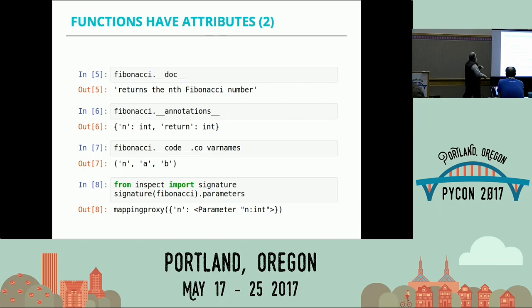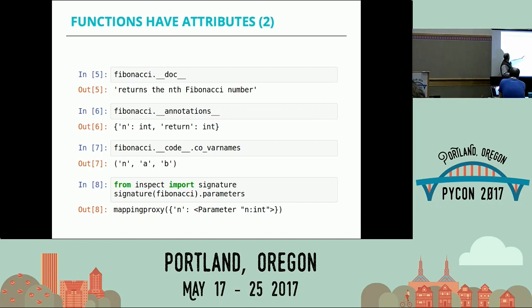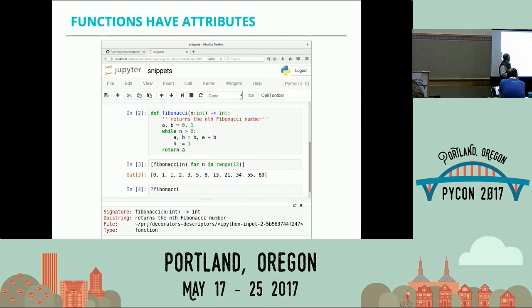On a lower level, if you look at Fibonacci, you will see that it has several attributes. If you do dir Fibonacci, you will see attributes such as the dunder doc. Here I'm using this convention: whenever we see this syntax of 2 underscores around a name, we call this a dunder name. So the dunder doc, dunder annotations is a shortcut. Anyway, dunder doc is an attribute that has the doc string of the function. Annotations is another attribute that contains a dictionary with the names of the annotated parameters, and the special name return gives the name of the return type, or the return annotation,